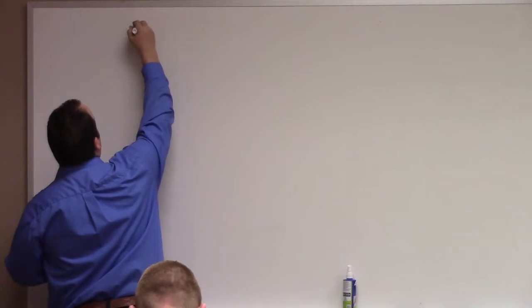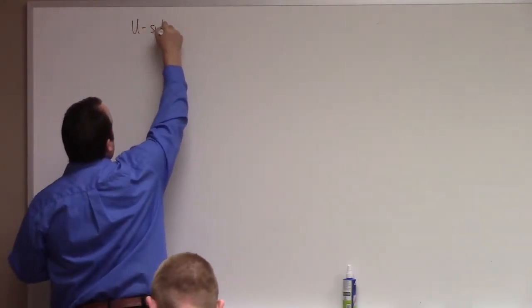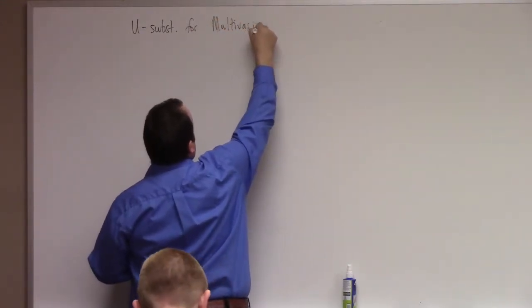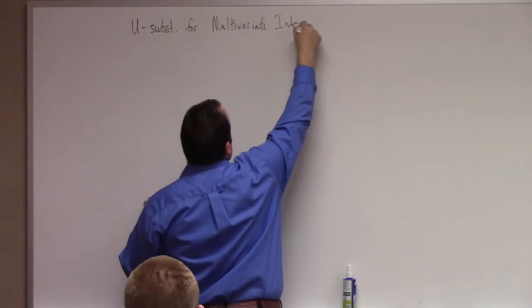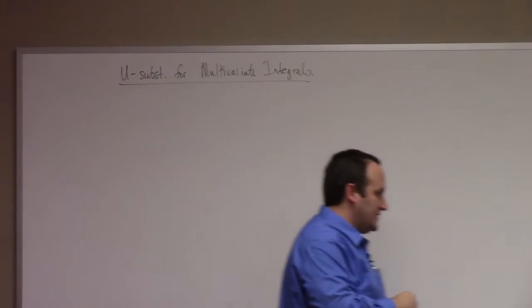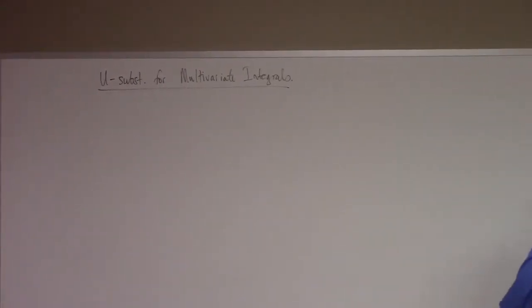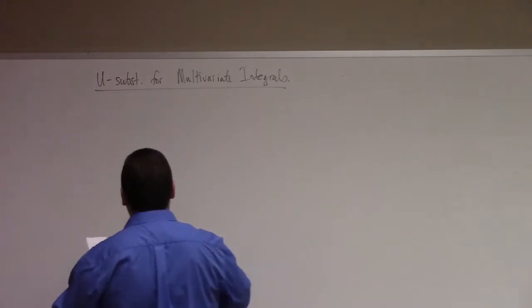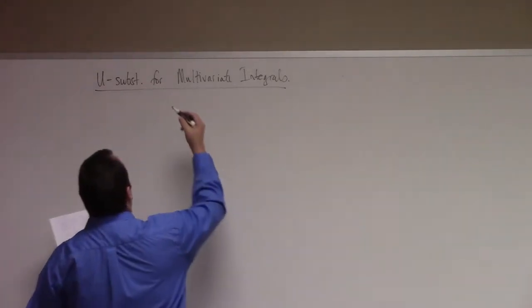So I want to talk about coordinate change. Basically, if you like, u-substitution for multivariate integrals. It's a little bit more nuanced than some of the other things we've done. I guess the chain rule, right? The chain rule had some structure to it that wasn't present in your previous work also. But here's the basic setup. We want to think about some kind of